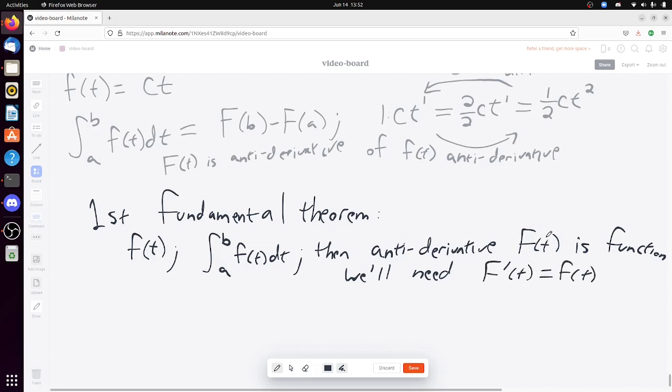You need to find the function such that if you take the derivative of that function, you'll get this. And you'll use some of the various derivatives that you learn in a calculus class, and you'll use them in reverse. So that's basically the trick. You use them in reverse. And then the second fundamental theorem